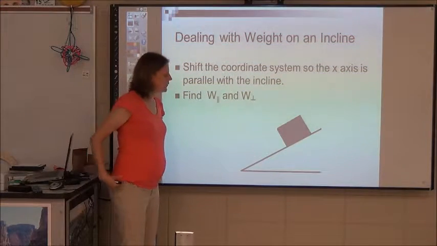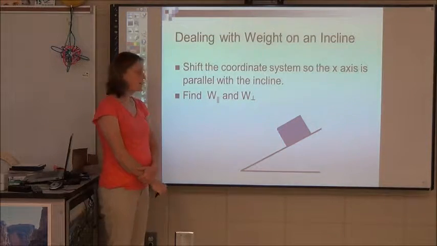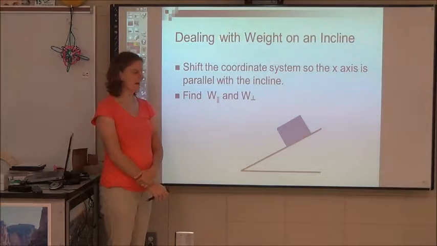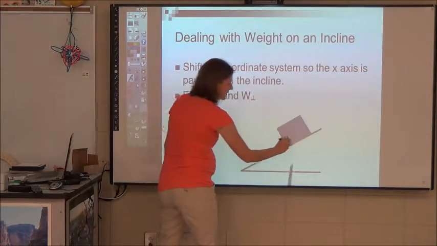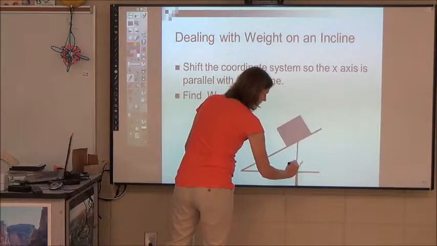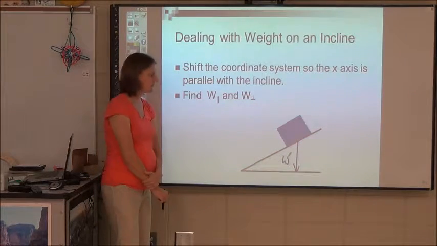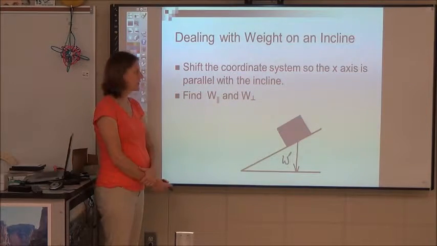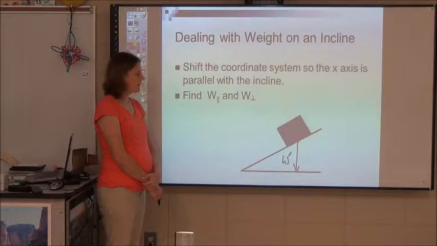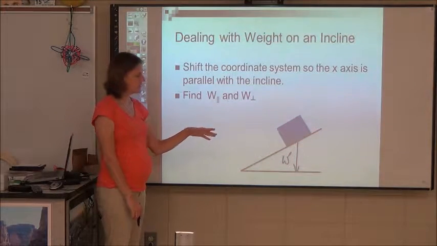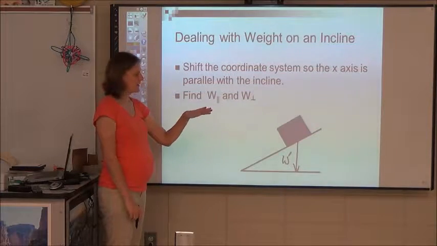And when we're dealing with weight on an incline, I said weight is always straight down. And when we draw a little vector indicating the different forces acting on an object, it's called a free body diagram. But sometimes it's not helpful to talk about weight when you have an incline because now we've got some